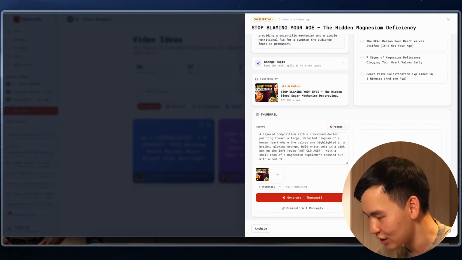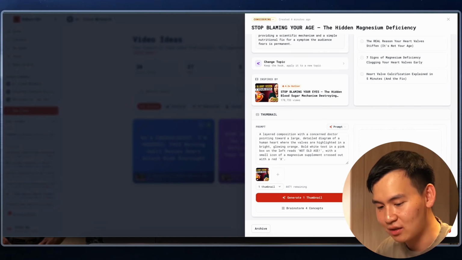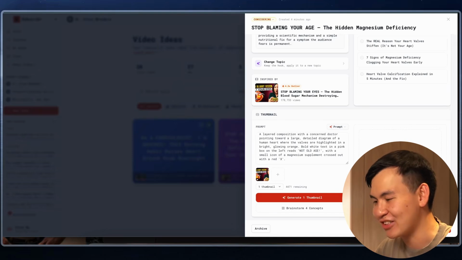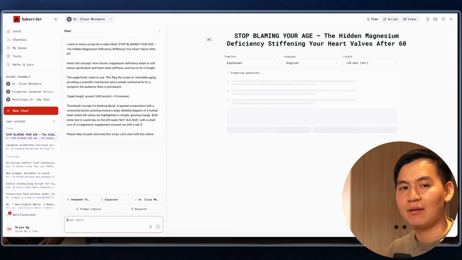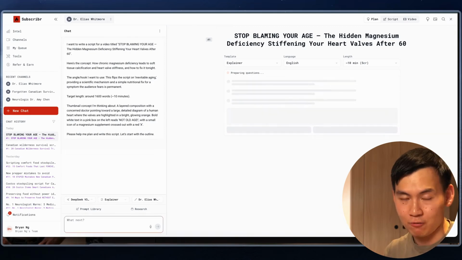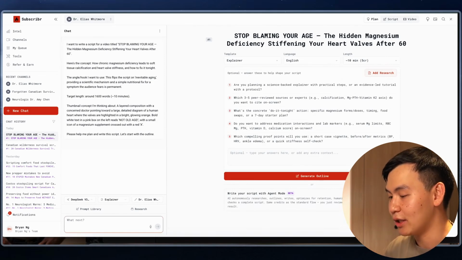I'm just gonna click this write script, and immediately it's gonna go through the script writing steps. And what's really cool about the Subscriber script writing is we have a script writing agent. So this script writing agent actually runs the entire process of writing a script. It takes you through all of the different steps, including coming up with the research, right? Looking at whatever existing research that you have, asking you a bunch of questions so that you can answer some